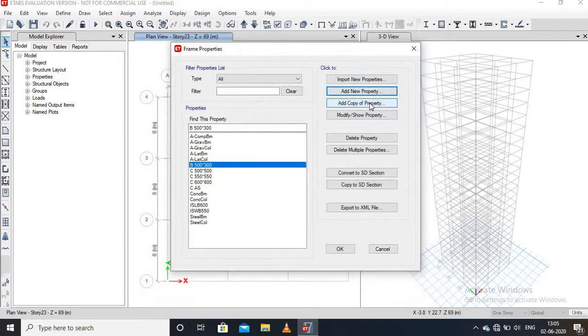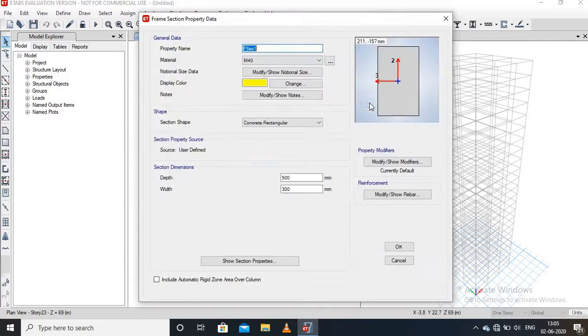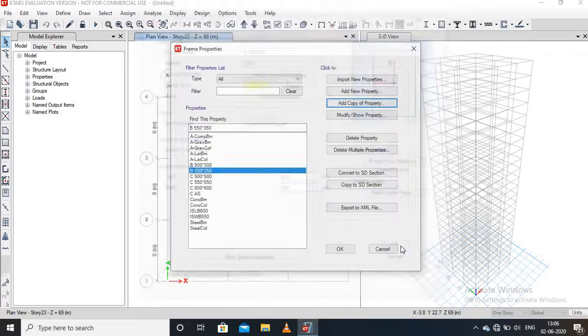Then press OK. Go to the add copy of property. In a similar manner, add beam 550 by 350. Change it to 550 and then change it to 350. Then press OK. Add copy of property.